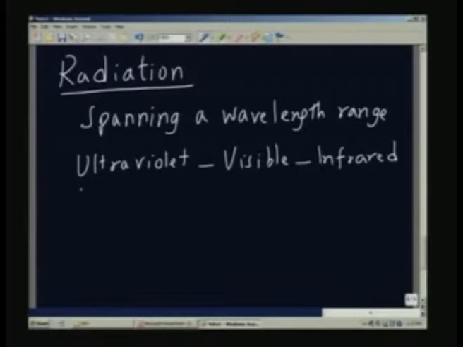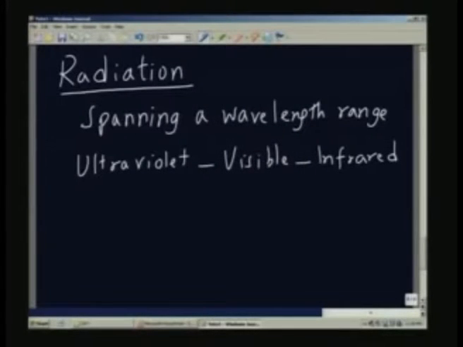The ultraviolet is of course useful in some applications, especially if you are looking at the degradation of materials because of exposure to radiation, solar radiation for example. There is a lot of ultraviolet radiation coming from the sun. So, such studies do require the study of behavior of surfaces when ultraviolet radiation is impinging on them. The second part, the visible part, is also very useful, mostly in solar energy applications.